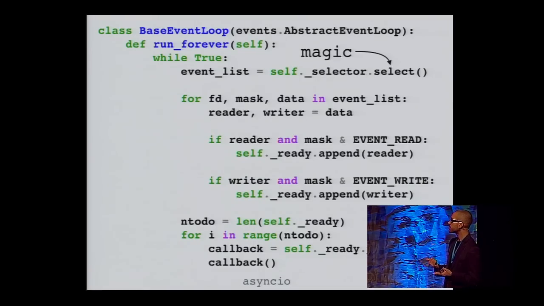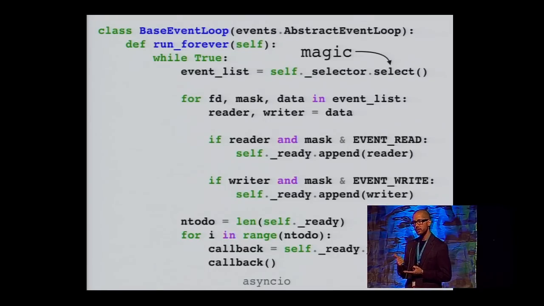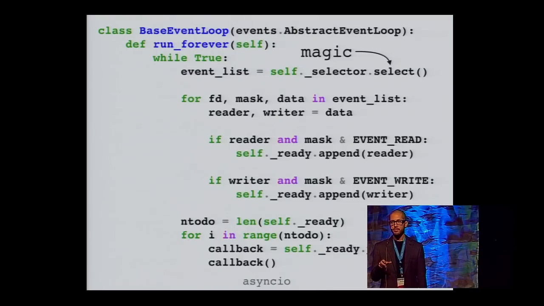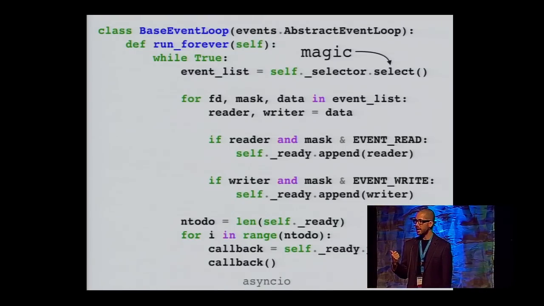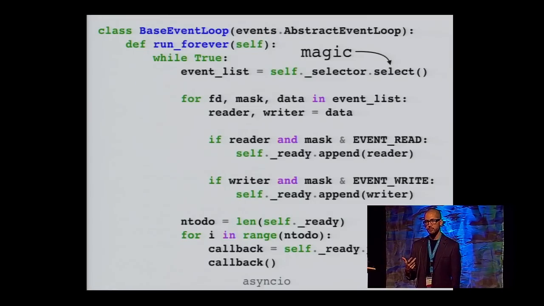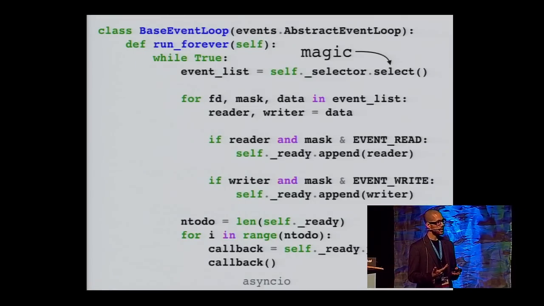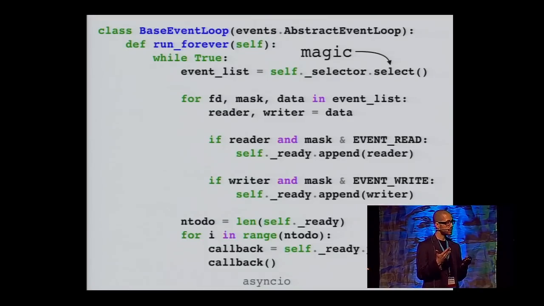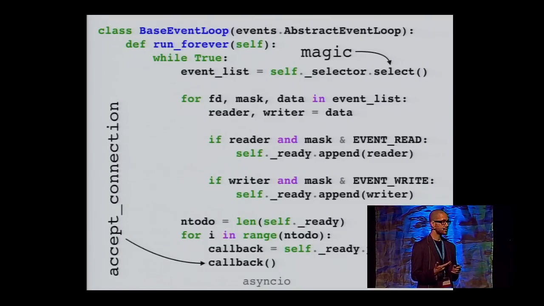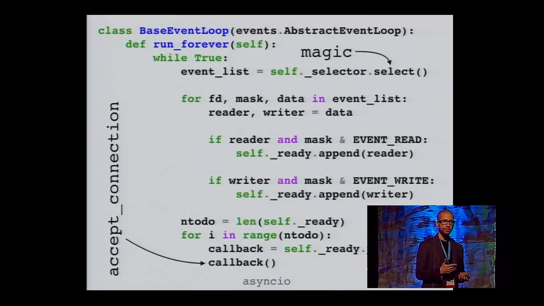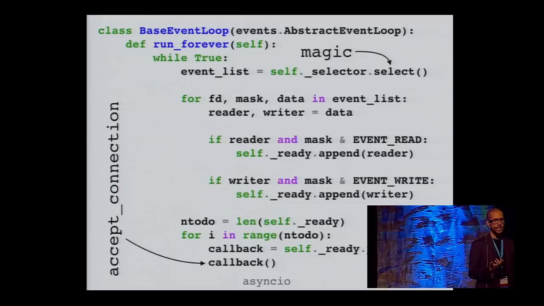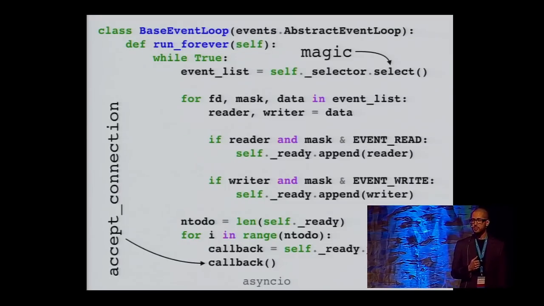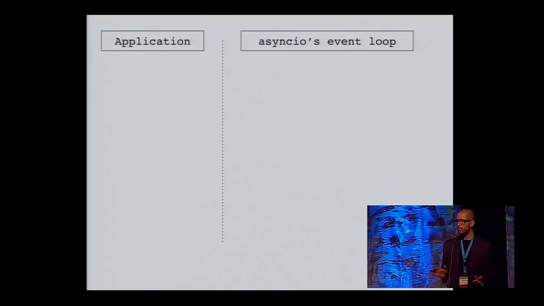Here's what we do need to understand. We earlier registered for event notifications on a listening socket, and the reader callback was self.accept_connection. So here we are in the event loop. When that listening socket becomes readable, we get the event for that socket from the selector. The callback is accept_connection. And that's what we wanted to see. We wanted to see how that got pulled back out of the selectors module and executed as a consequence of a client trying to connect to us. So now we've seen the whole thing.